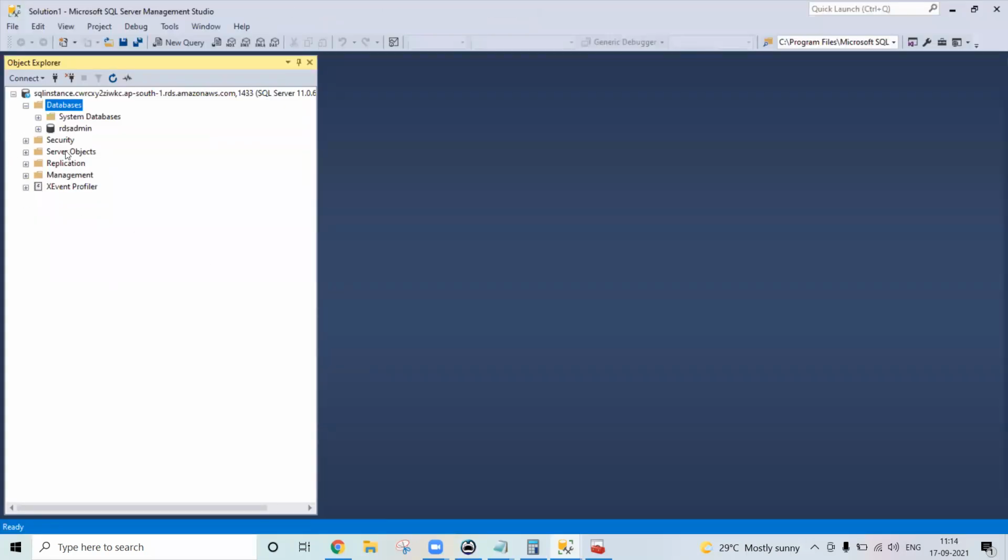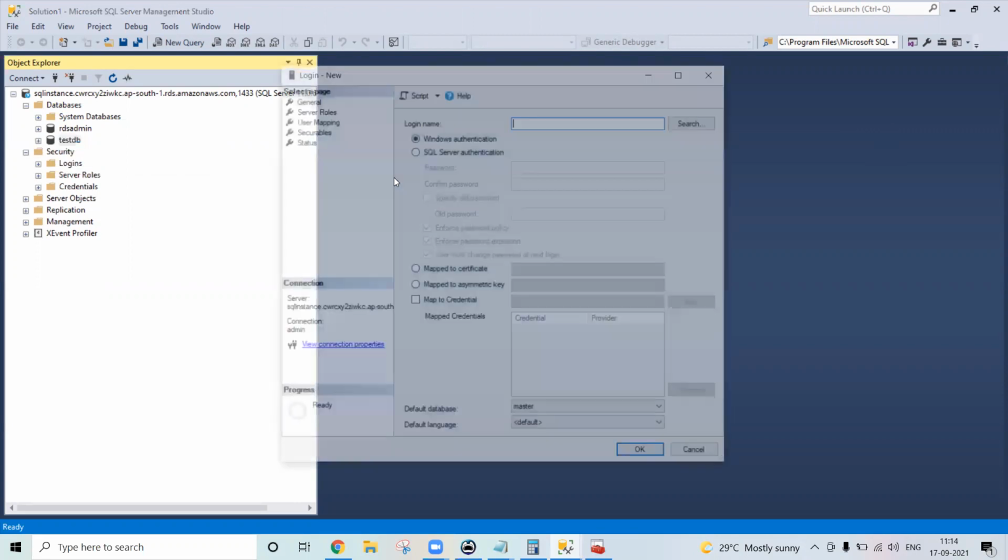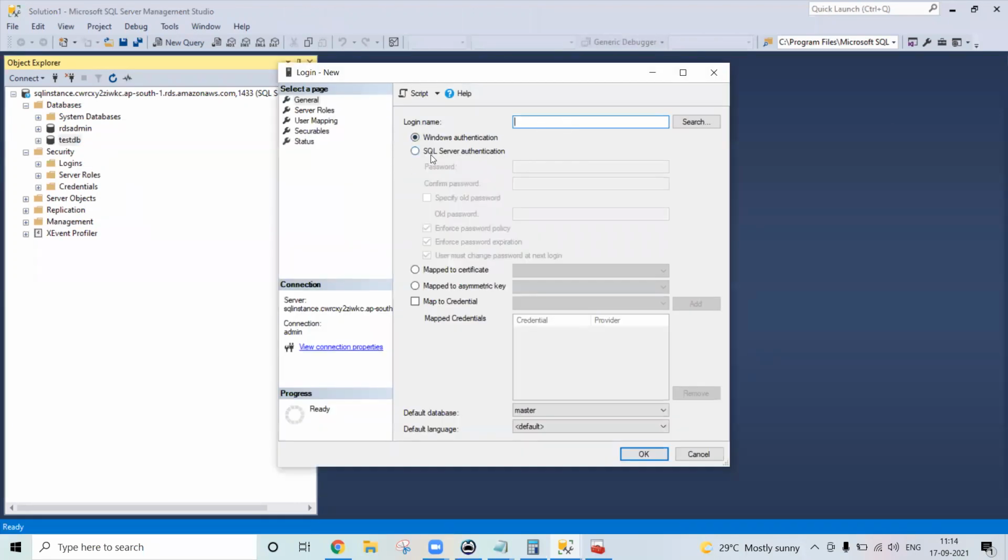Now come to the security logins. You can create logins as well. Simply right click, new login. Same flavor, no differences. We will only use SQL authentication here because Windows authentication is not enabled. So let's call it test. Now give the password.